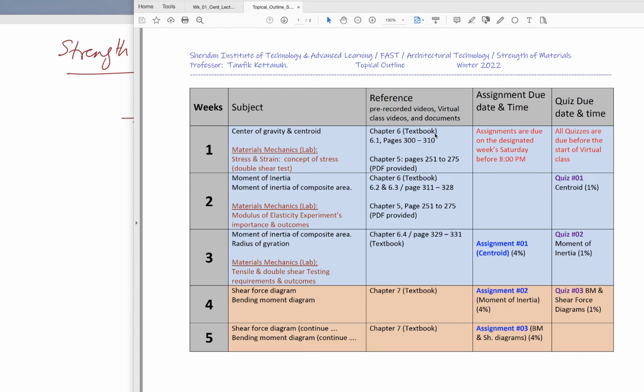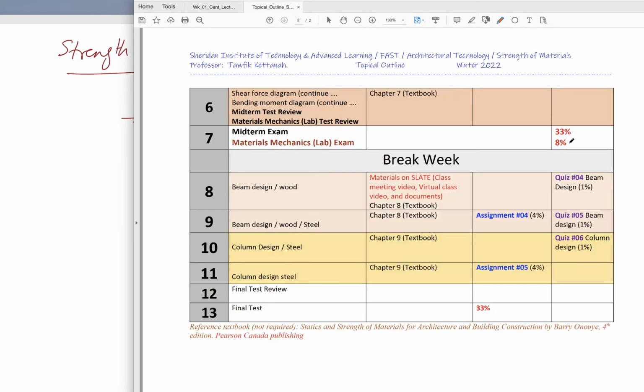Like I said, this is 3 hours per week, and this is broken down here for you, as you can see. So for each week, what material will be covered, and the assessments. We have quizzes, we have assignments, we have major assessments, which are the major things that you need to pass. The 33% for the midterm, and there's 33 for the final test. These are the major assessments. If you don't pass these,